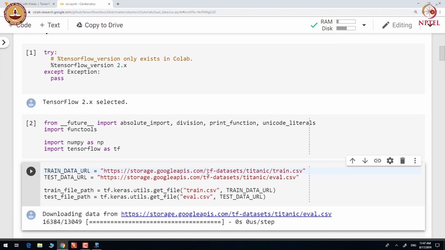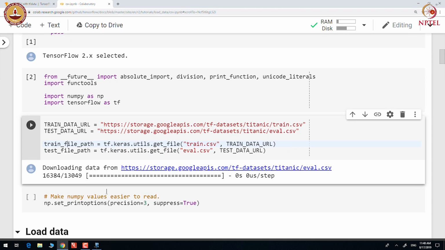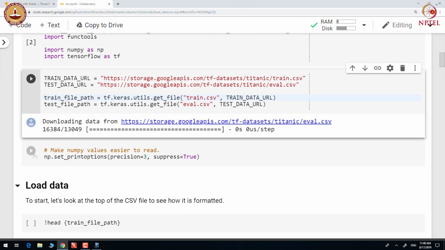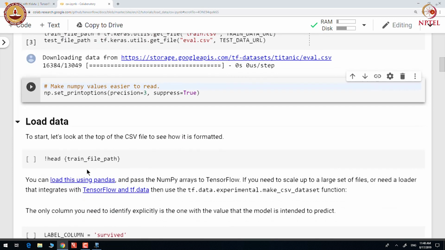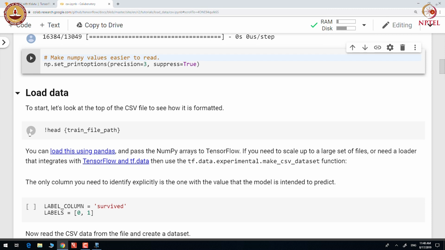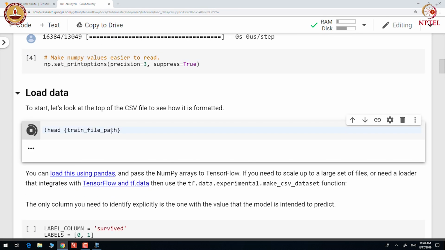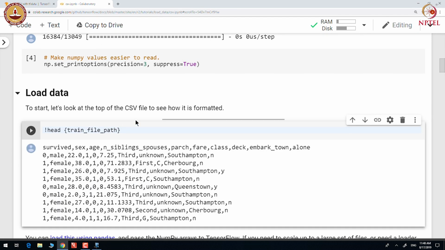The Titanic dataset is available in TF datasets. We set the precision to 3 so that the numeric values are easier to read. Let us look at first few examples from CSV file.